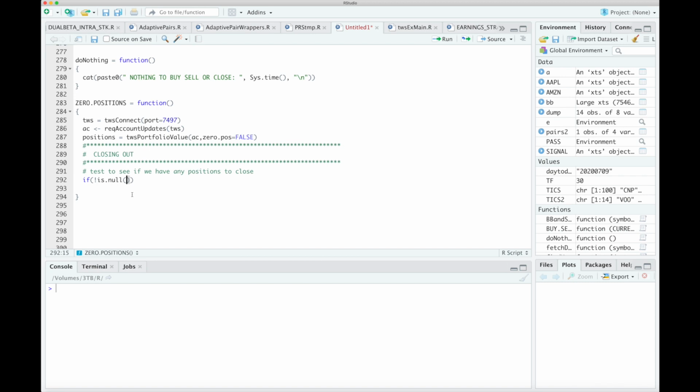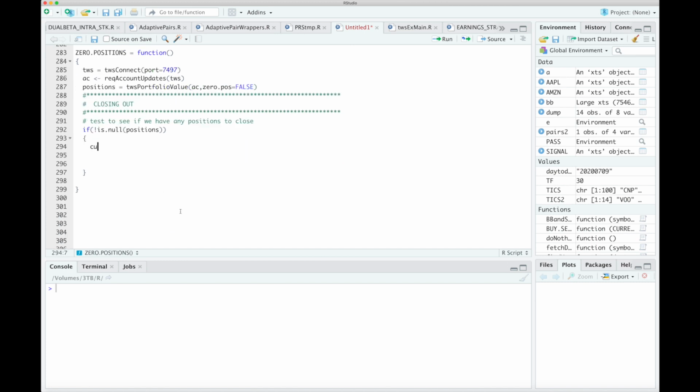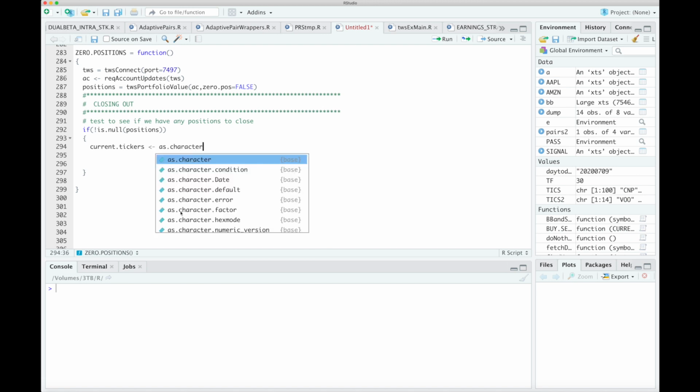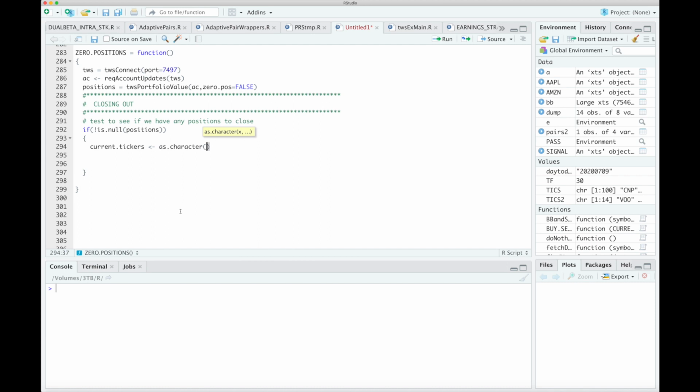So if it's not null, then we'll use current ticker as character, positions, local, current POS. Do that as character, positions,